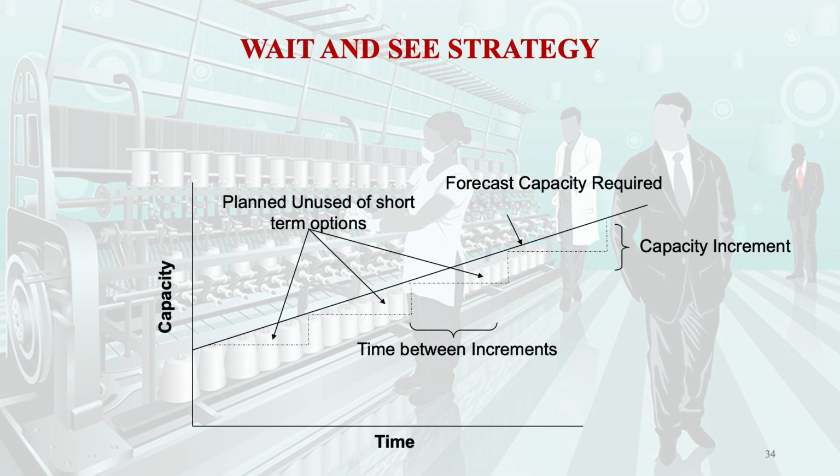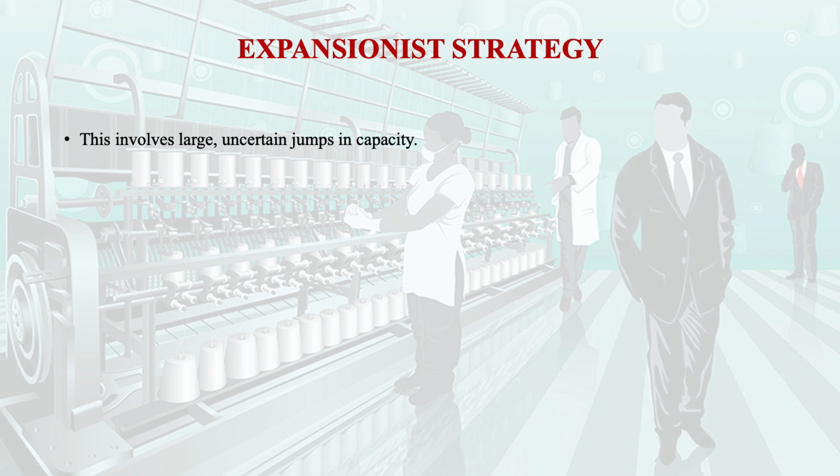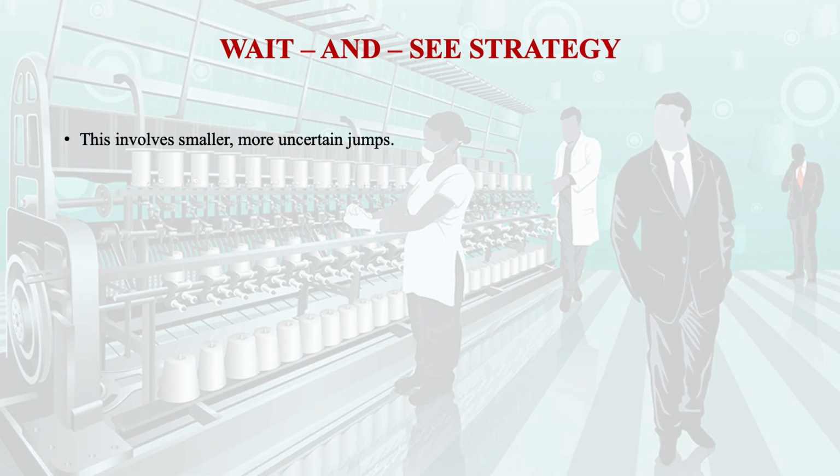Same graph but with the wait and see strategy. Another important strategy is the expansion strategy, and this involves large and uncertain jumps in the capacity. Then we go for the expansion strategy. When we talk about the wait and see strategy, it involves smaller or more uncertain jumps. Then one has to wait and see, analyze the situation, and then go for adopting a different strategy. Under the wait and see strategy,